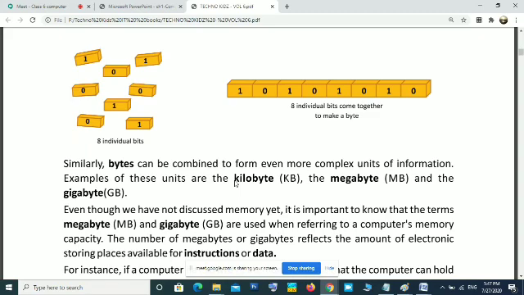So it cannot stop at 1000. It will automatically reach 1024. That is why it is treated as 1 kilobyte. Then 1 megabyte: 1024 kilobytes is known as 1 megabyte. That we will discuss in the coming section. And gigabyte. 1024 bytes is 1 kilobyte, 1024 kilobytes is 1 megabyte, and 1024 megabytes is 1 gigabyte. 1024 gigabytes is 1 terabyte. It goes on like that.